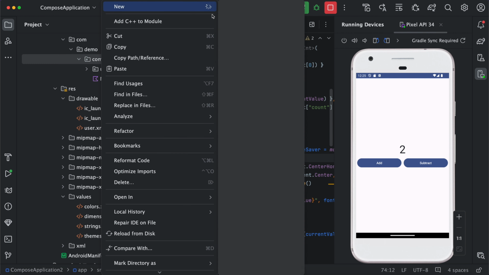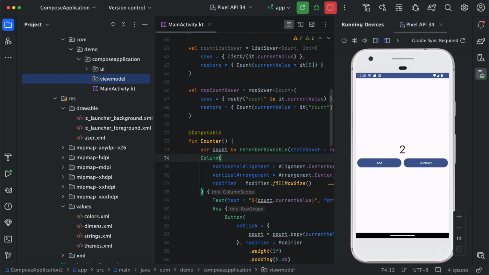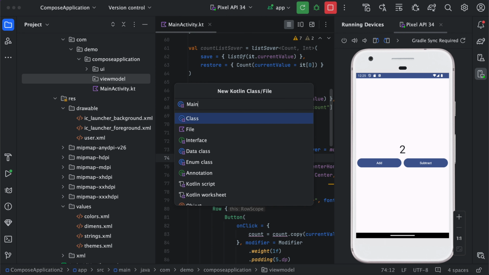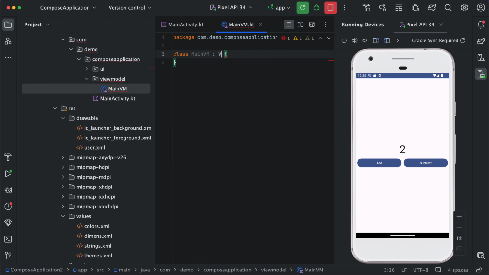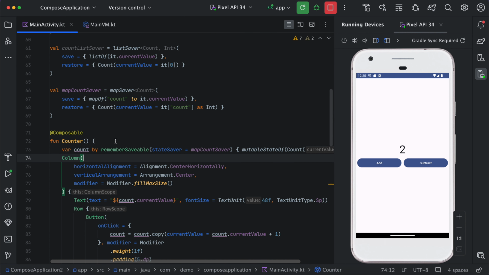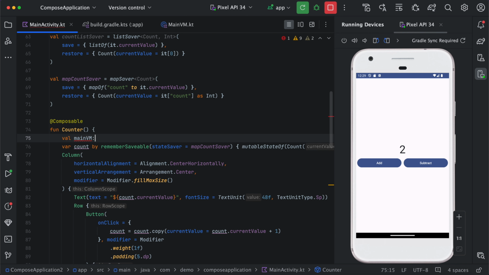We can just create a package here, say view model. Okay. So now we have created a view model. So we can use the view model here. Main view model is equal to,